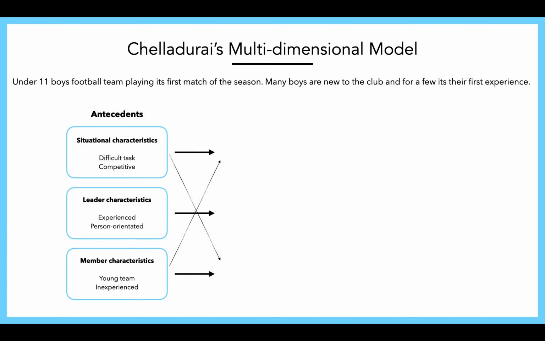So what would the required behaviour be here? As you see, situational characteristics has that horizontal arrow straight across, and it's also slightly affected by the member characteristics. What is required here? Do not create pressure to win. Let them practice working as a team. Let them practice skills they may have and just create that non-pressured environment, okay? Just let them enjoy it, let them play. That's what's required here, okay?